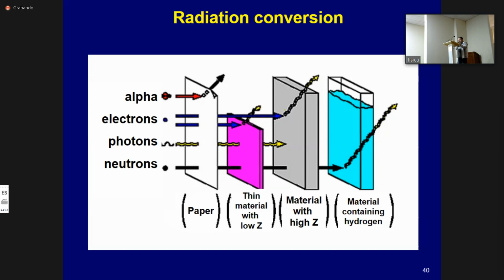In the case of beta particles, if electrons interact with substances with high charge number Z, their energy can be transformed into the energy of bremsstrahlung photons. These photons can travel long distances in comparison with beta particles. And neutrons: interactions of neutrons with matter usually produce recoil nuclei and secondary photons as a result of neutron capture.